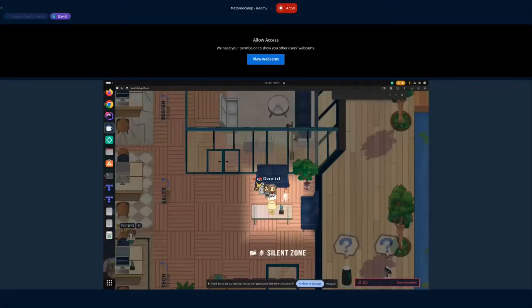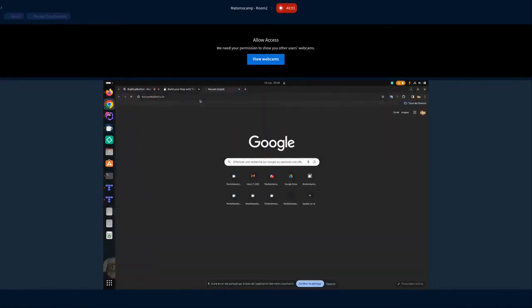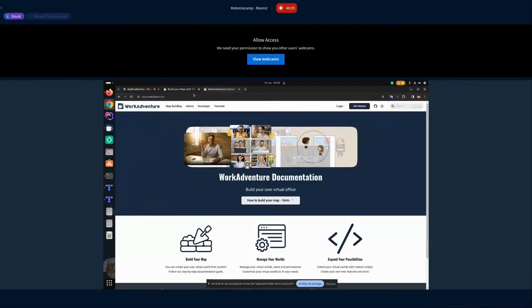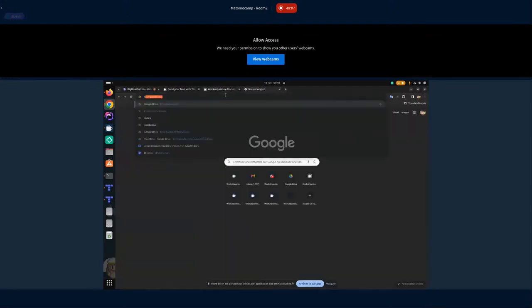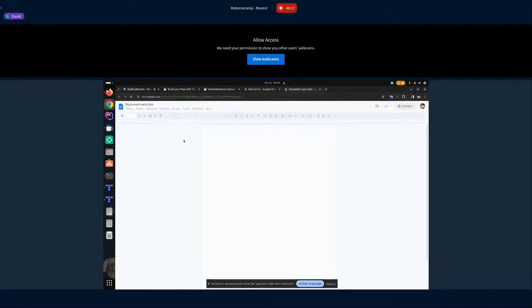The idea would actually be to use a third-party service. So maybe if I had to do it, let me try with Google Docs. Drive.google.com. I can create a new Docs document.